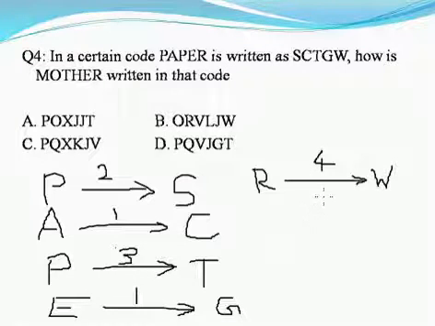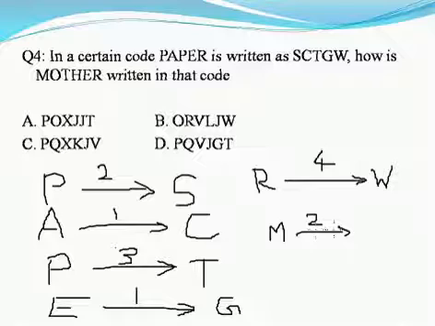So in this kind of a question, we need to check very carefully what the options are. Okay, so how is mother written in that code? So I'll start with M. Okay, first letter, and here for the first letter I'll assume it is the same. So I'll add 2 to M. M, N, O and P. So after M, N comes, O comes, and then P comes. So P is the first letter, which we have in all 3 options.